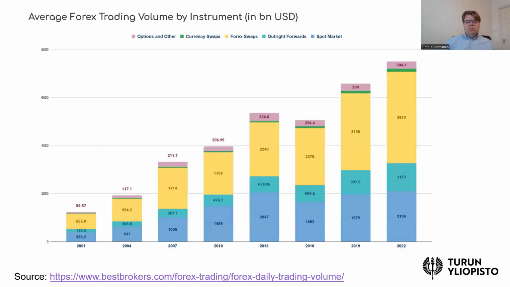So just as an example, I have here taken the growth of the foreign exchange trading volume measured in billions of US dollars. Notice the scale in billions of US dollars. And notice also that these are daily figures. So just for the sake of comparison, notice that the yearly global GDP, so the GDP of the whole entire world, is about 100 billion US dollars.